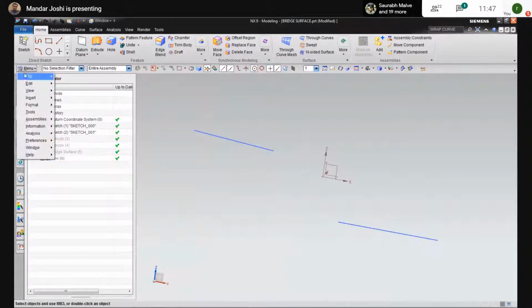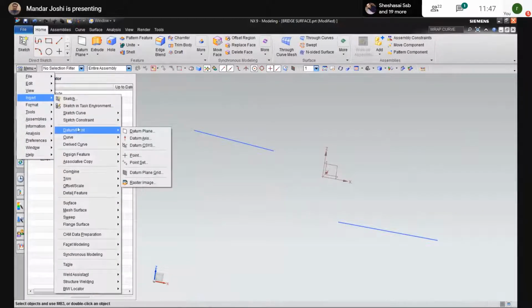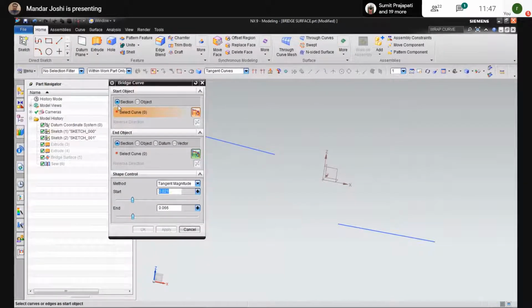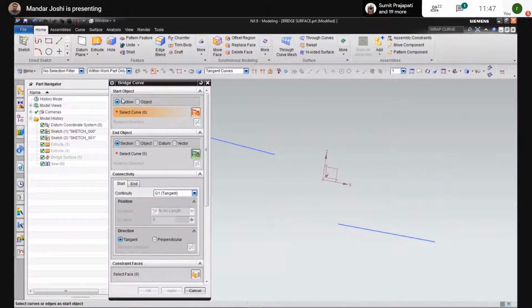Go to menu, insert, derived curves, select bridge. Here you choose the more options, then all options will be shown. Select the curve. The first curve is this, and then select the second curve here.